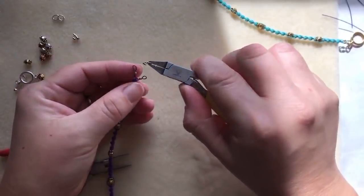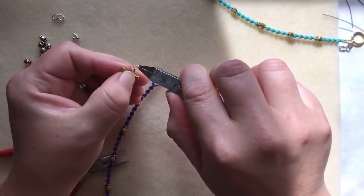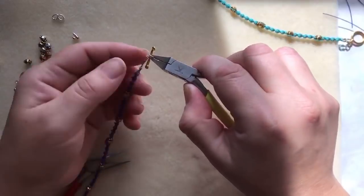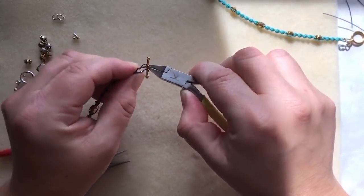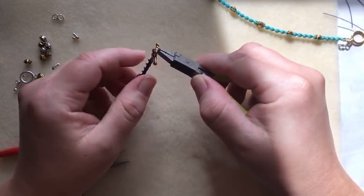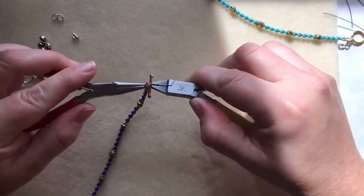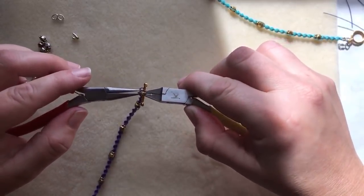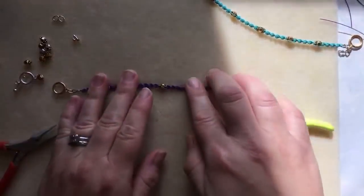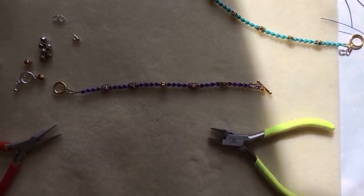And I do the same on the other side. Open up my jump ring. And you could even crimp directly onto your clasp if you want to do that. I just find with this particular design, it's nice to not have the clasp in the way while I'm trying to crimp. So slide both of your little loops on this side and close. And there you have it. So there you have that one finished. I'm gonna back up a little bit so the sun is